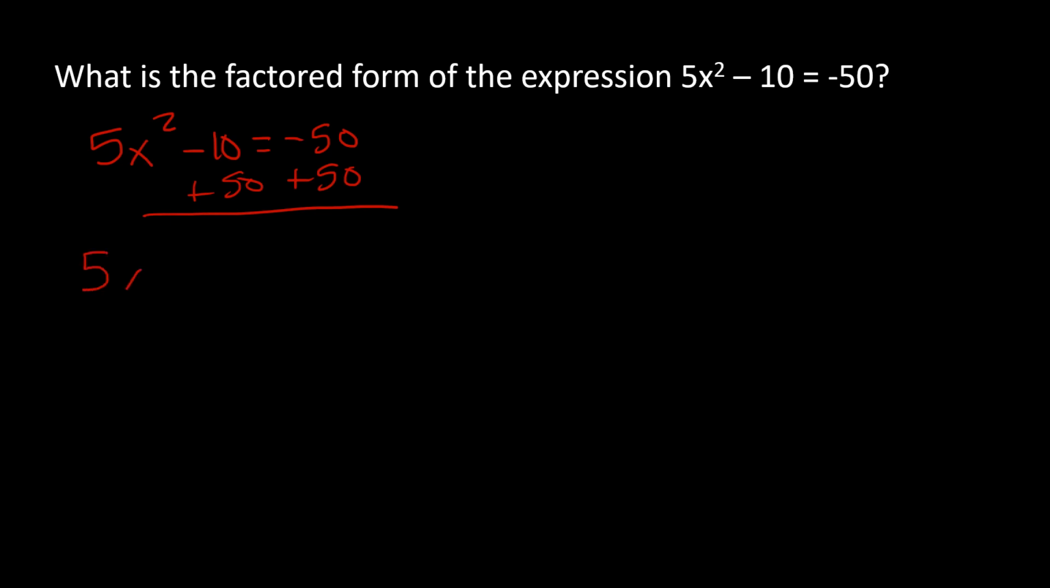So we'll get 5x squared. Negative 10 plus 50 is 40, plus 40 equals 0. In this question, we can actually simplify out: we can divide everything by 5. So we'll get x squared, because 5 over 5 is 1, plus 8 equals 0. Now this is the problem. If we have x squared equals negative 8, we know we're going to get